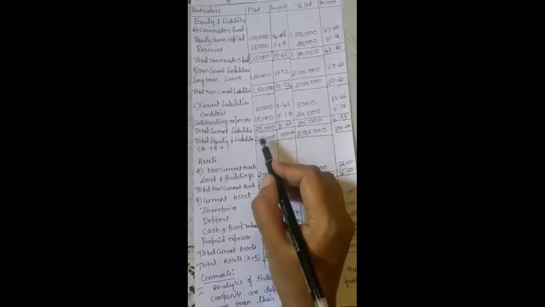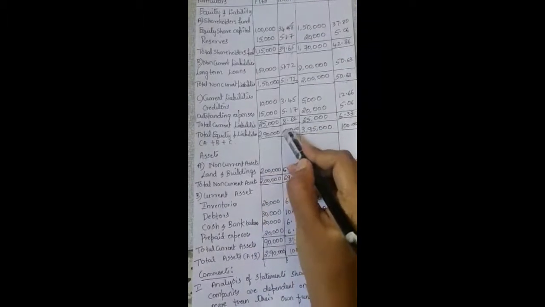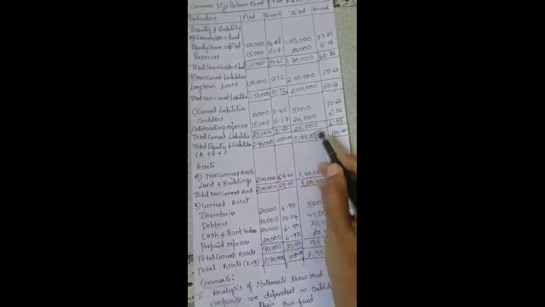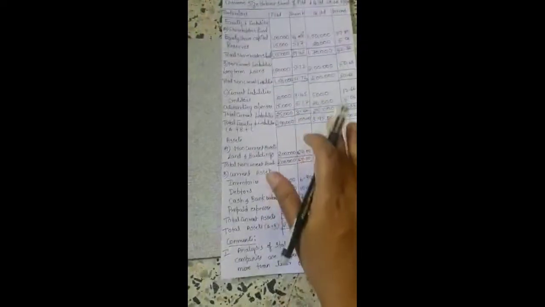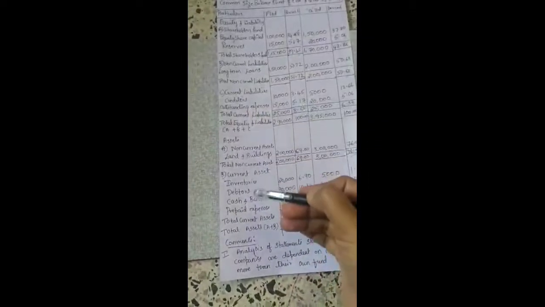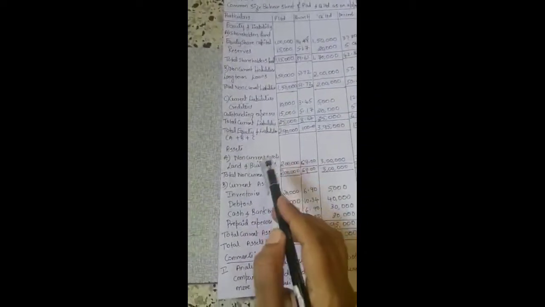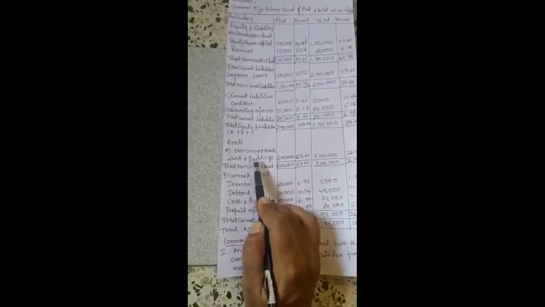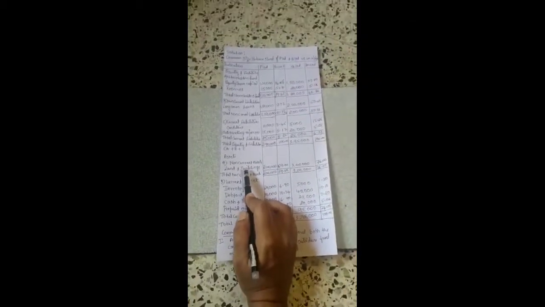But this total of P Limited should be first only, it should be mentioned as 100, and Q Limited total liability should be mentioned as 100. After recording all the liabilities, next start recording assets. First asset heading is non-current assets. Under this head, you will be recording fixed assets like land and building, plant and machinery, furniture, fixtures, etc.